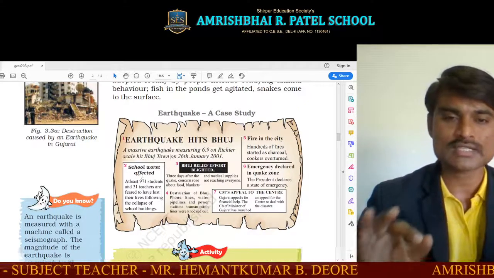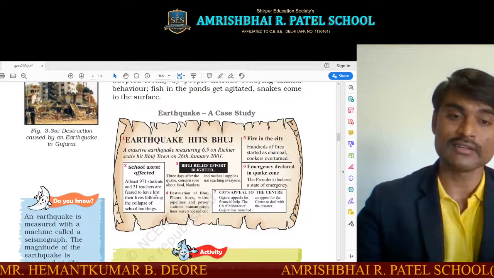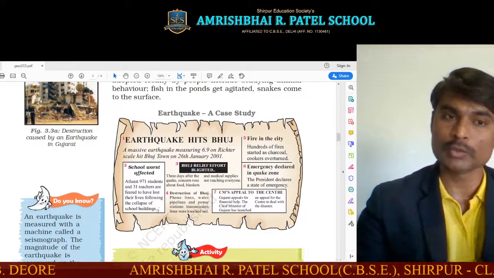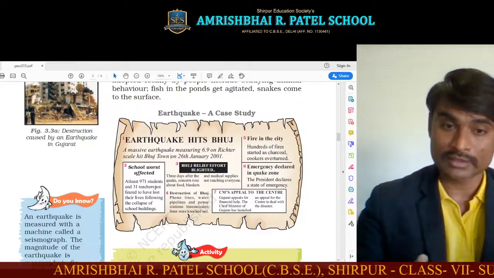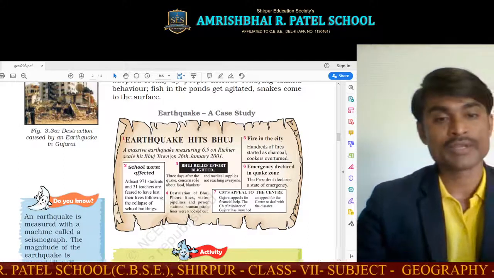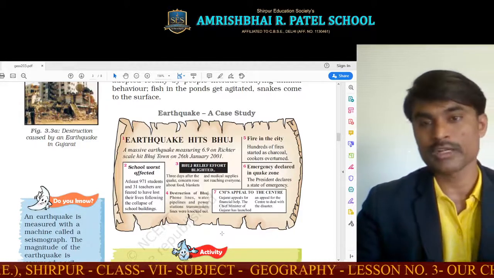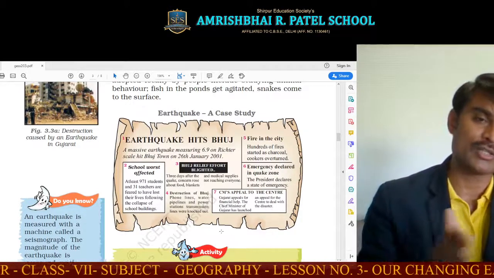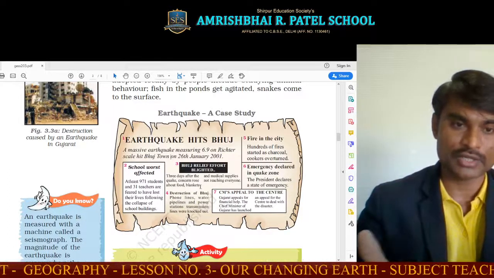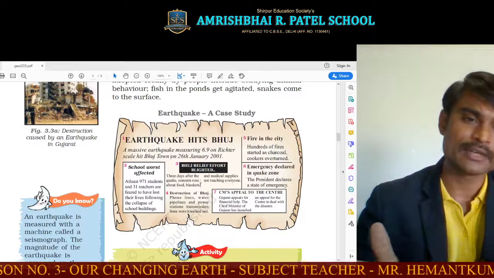Here, schools were worst affected. At least 971 students and 31 teachers were feared to have lost their lives following the collapse of the school building. Exactly, the building collapsed. Bhuj relief effort blighted three days after. When an earthquake happens, it takes some time. Then relief and rescue teams go, and people start being rescued, and the state disaster relief forces are there.